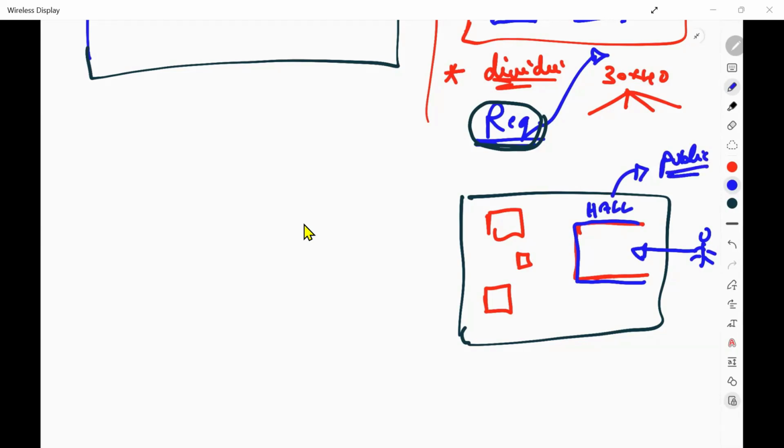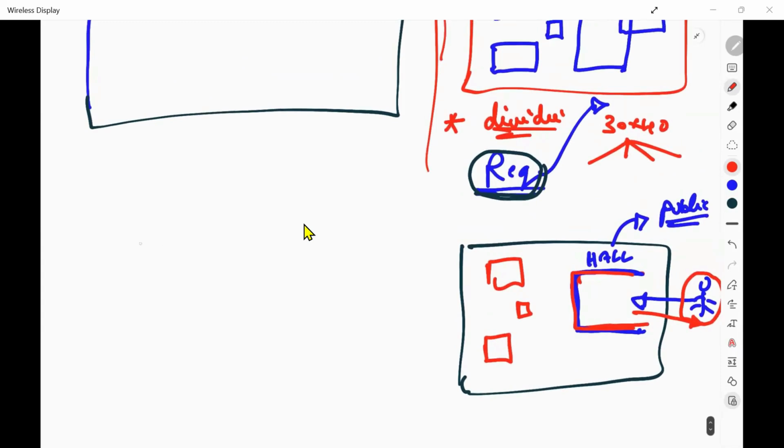Anybody can come in, they have access till this point. They cannot come to your washroom or your room. The access is denied here, correct? So they can come only inside your hall and they can go out from this hall. See, apply the same logic here.